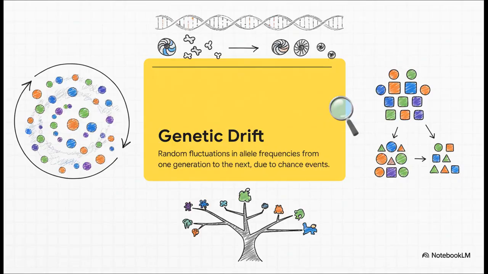But you know what? It's not always about being the fittest. Sometimes it's just about being lucky. And that's where genetic drift comes in. This is the effect of pure dumb luck. Imagine a bolt of lightning just happens to zap a few beetles that are all a certain color. Well, the gene pool has changed, but not because one color was better than another. It was just random chance.